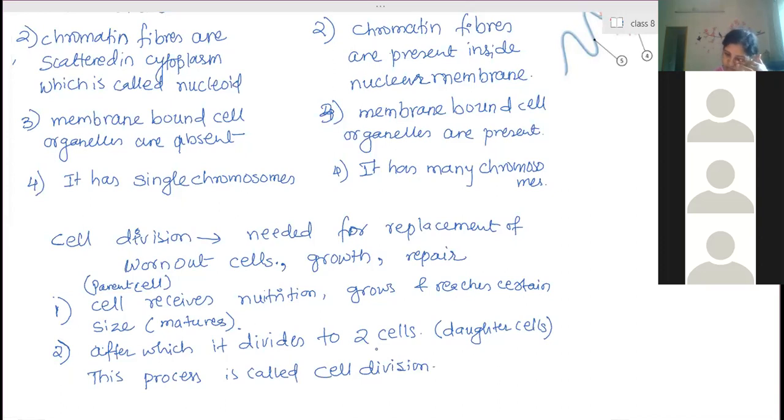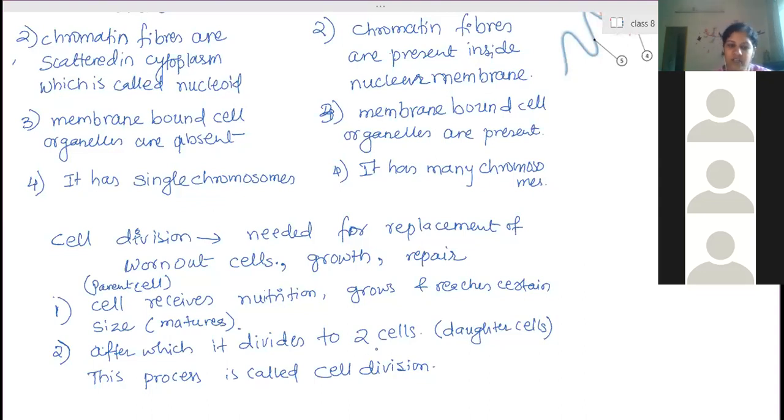Yes, ma'am. And in this cell division, centrioles and centrosomes take part. In animals, the centrioles and centrosomes take part in cell division. But in plant cells, only particular types of tissues divide. Every cell won't divide. There is one particular type of cell, which we call meristematic cells. Only those cells divide, all other cells won't divide.